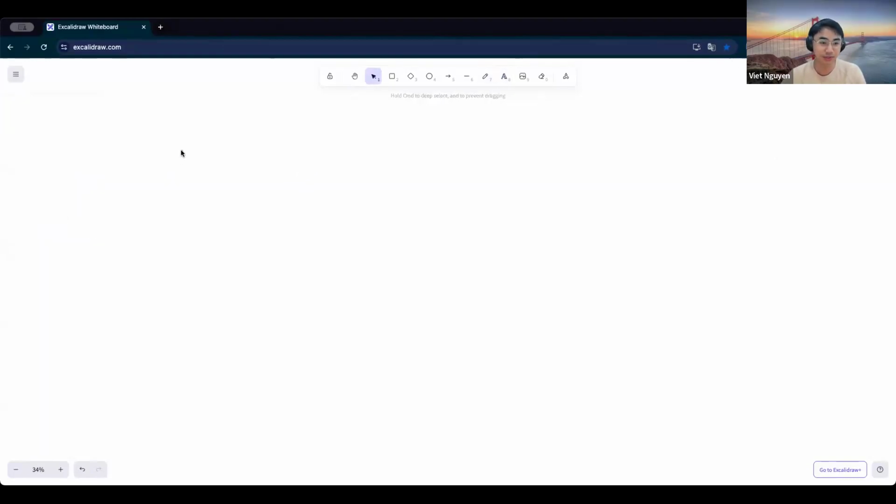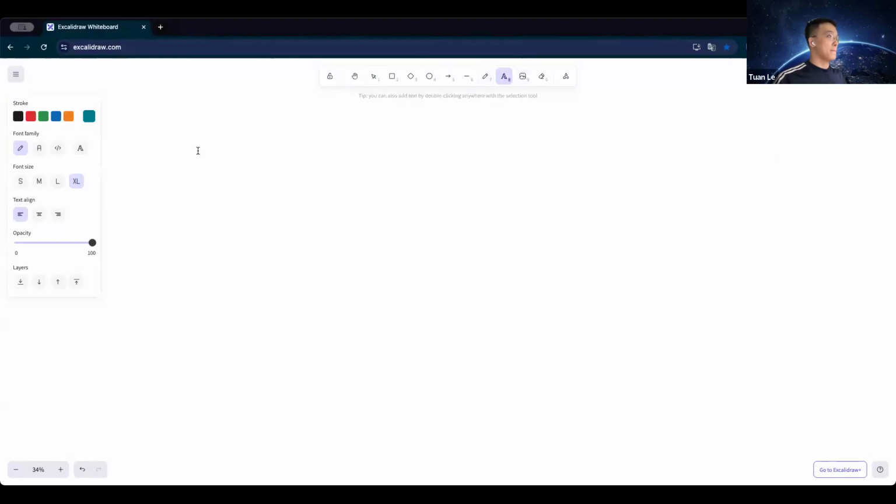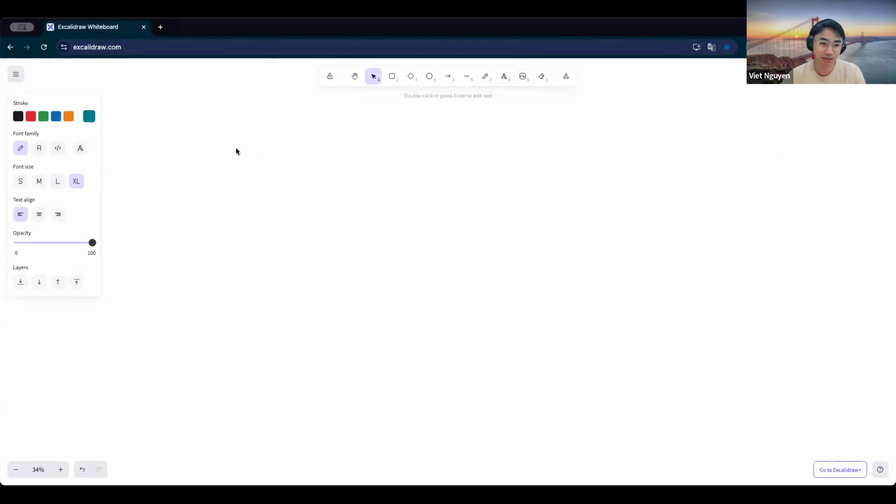What we want to design today is a system that allows us to book hotels. Let's say we own 500 hotels, and each hotel has around 100 rooms.